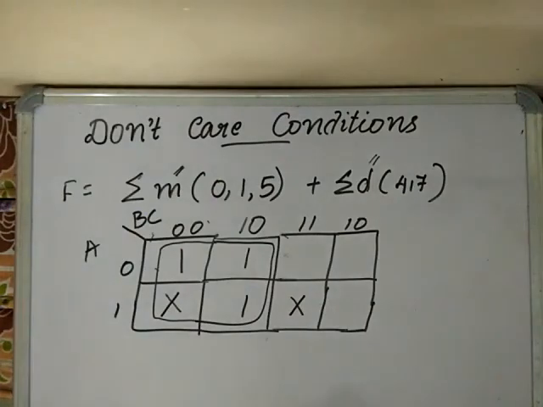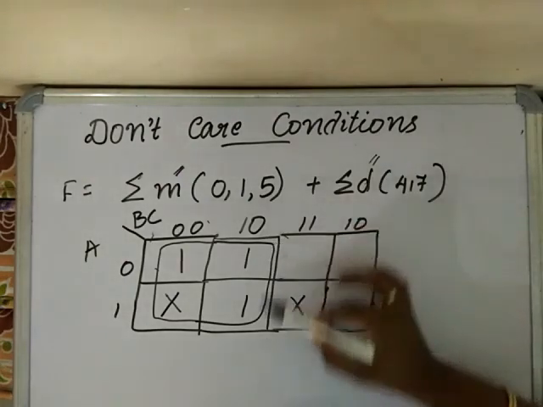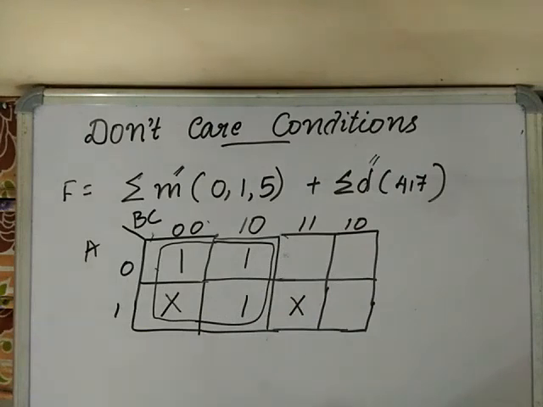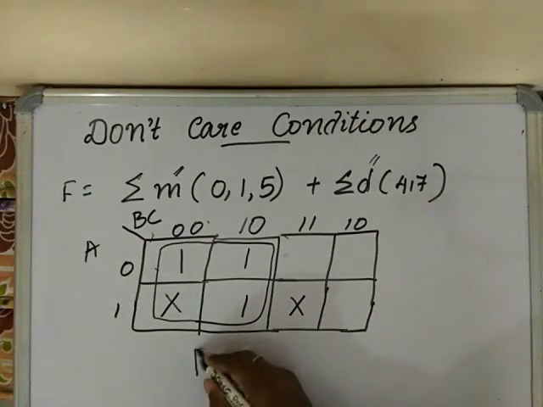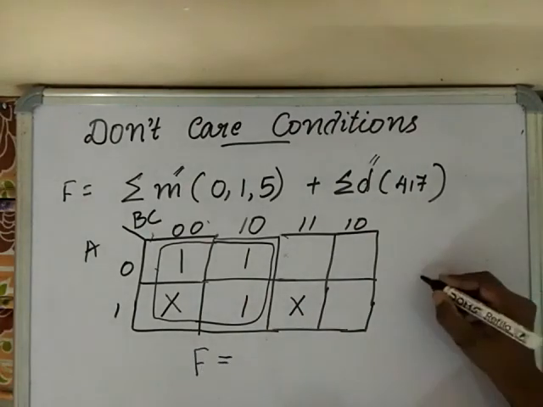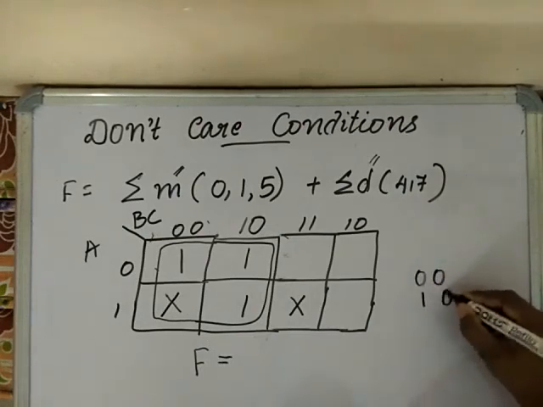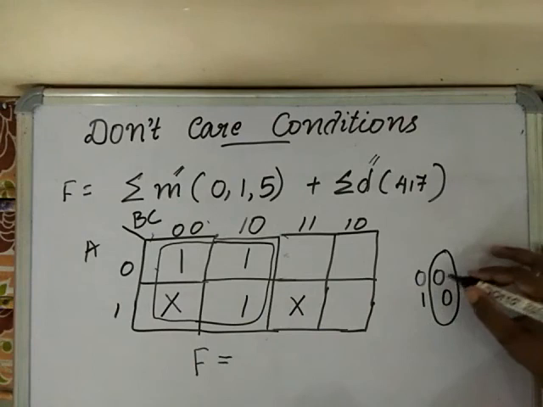That means if we use don't care conditions to group the adjacent squares, we get a more simplified minimized Boolean function. So here I am grouping the three adjacent squares with one don't care condition. What we get as the minimized Boolean expression is, since this group covers the entire row, we will not include the variable representing the row. So we move to the column variables. The column variables are 0, 0 and 0, 1. The non-changing variable is the second one.